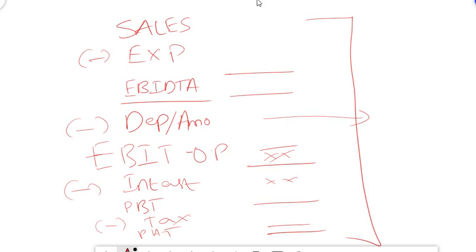Interest is something which is not related to your regular operations. Interest is something which is related to your financial obligation. It is not something which is your regular operation. It doesn't form part of your trading account. So in general, people omit interest, or they try to bring interest in the last in order to find out what the profit before tax is.